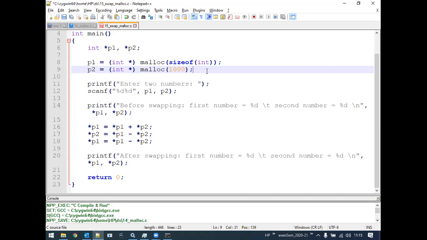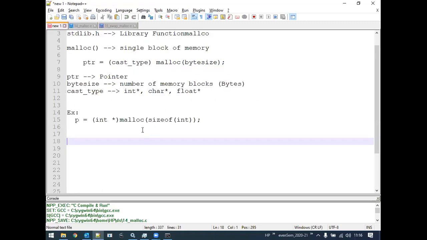Now, suppose we require contiguous memory allocations to be done, like arrays. In arrays, what happens? Arrays we have studied as what? Arrays are nothing but a group of elements which have the same data type and which can be accessed by the same name of the array. So if we want to have such type of memory allocation, and that too using dynamic memory allocation, then we need to use something called contiguous memory allocation, right?